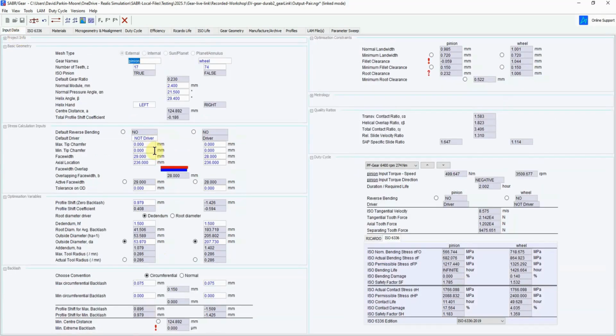So the first thing I'm going to do is to modify the ISO settings. It's an EV that we're designing here, so I will change the application factor. I'll put in the root roughness values, the flank roughness values, and the lubrication. And now I will just put in some tip chamfers and the minimum backlash that I would like to have